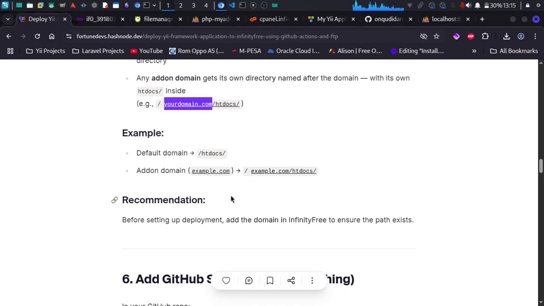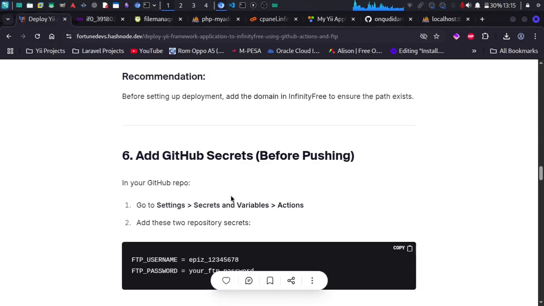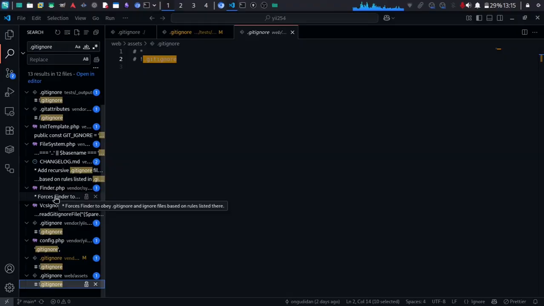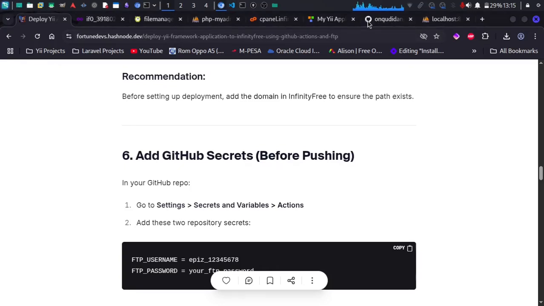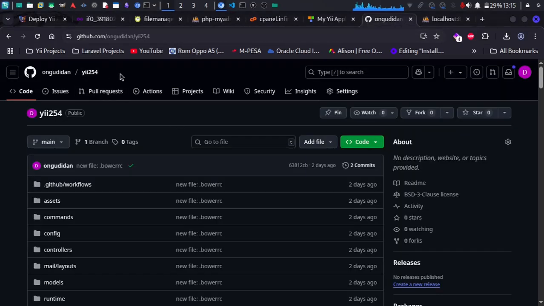And so what we're going to do next is to add our GitHub secrets to GitHub. Make sure this whole project has a repository where you're going to push this code to be stored. So in our case, I already pushed this code to my GitHub repository, and that repository is this one. So I pushed the whole code here. So in your case, if you haven't pushed your code to GitHub, just make sure you create a repository, and then